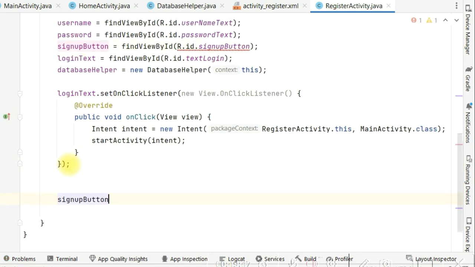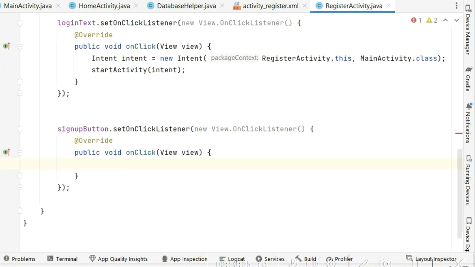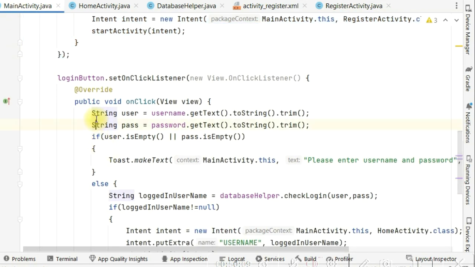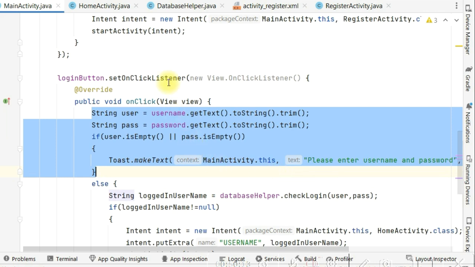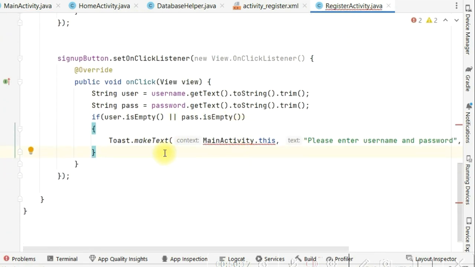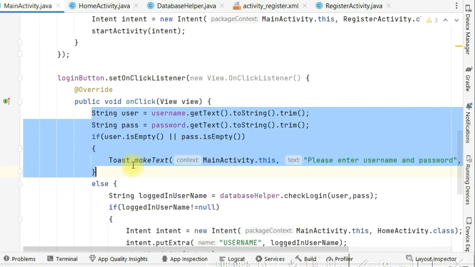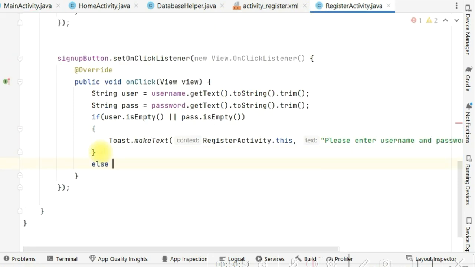Then we create a sign up button dot set on click listener new view on click listener. Inside the button, we check first the strings. We get the strings and we copy all this function and put here strings define, and if user is empty, show a toast in the register activity instead of main activity. Please enter username and password. Then we see what else we can copy from here, or else we can write else